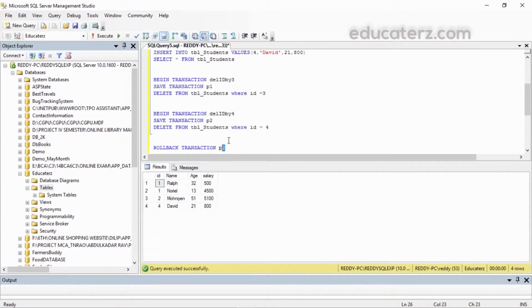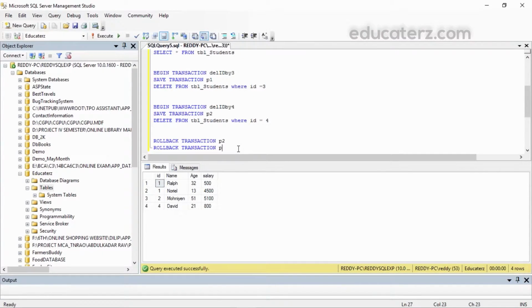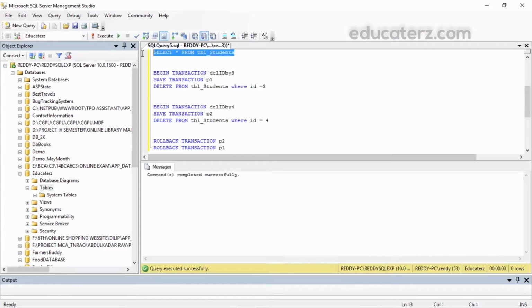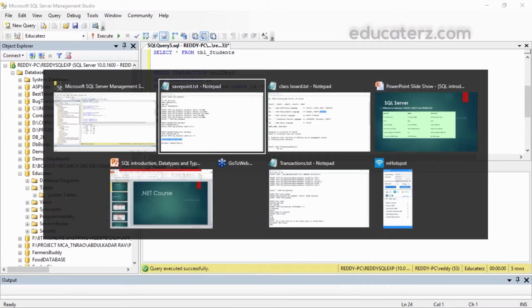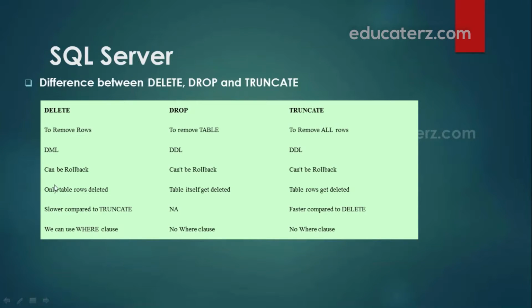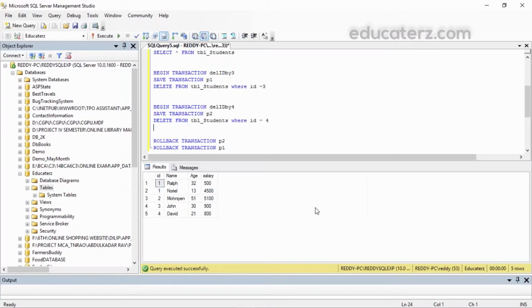No, we have set P2, sorry. We made P2, right? So we have got this one. Let me roll back P1 now. Now we will get id is equal to 3 also. See, now all the data we have got. So now you can see here delete can be rolled back. When you use truncate or drop, you cannot roll back.